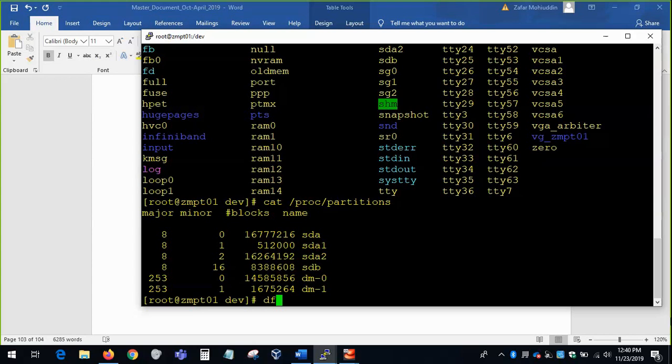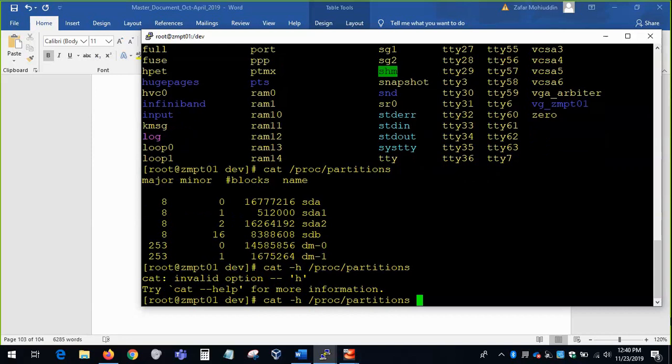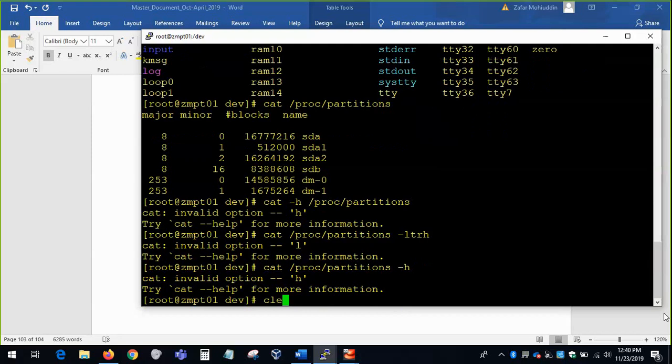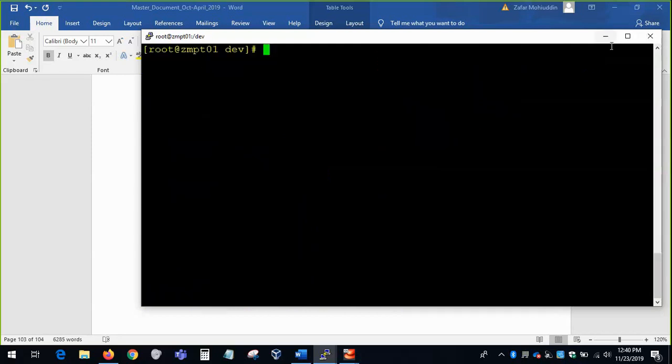So we could do df -h, and it shows no partitions. Okay, don't worry about that. No, don't worry about that. Okay? Alright,